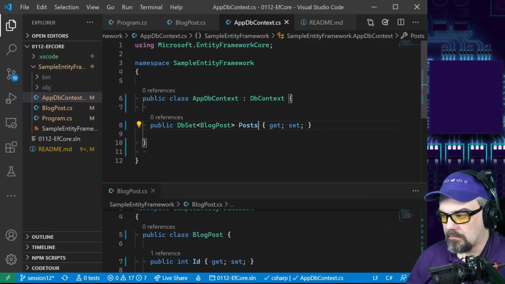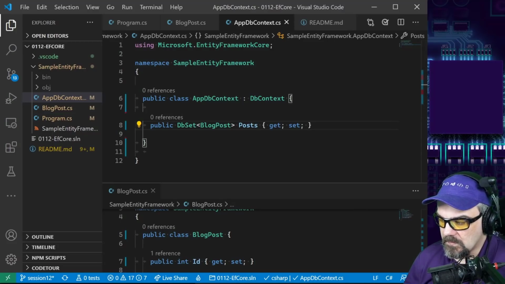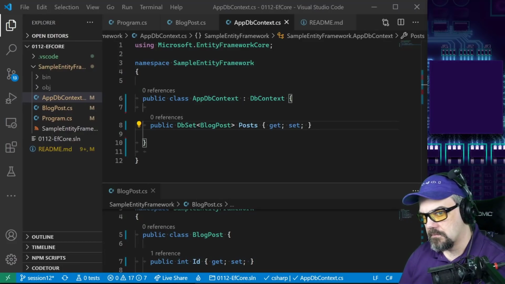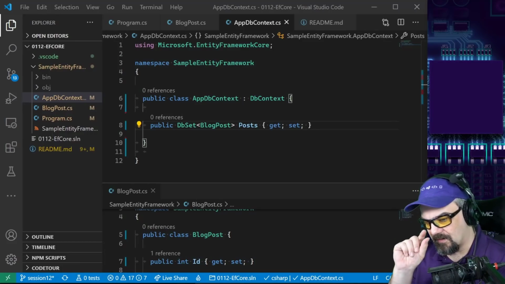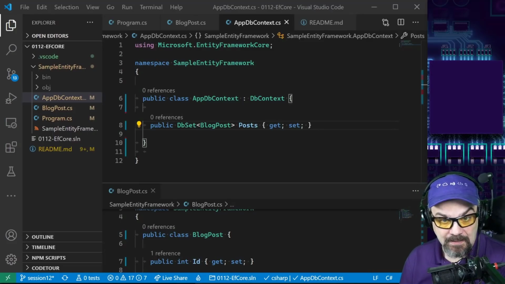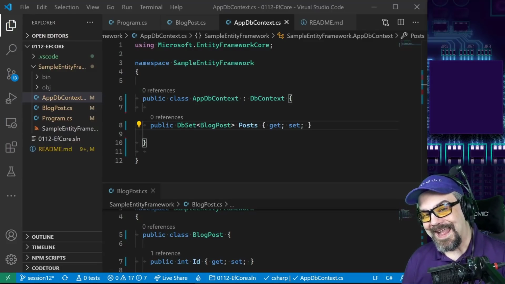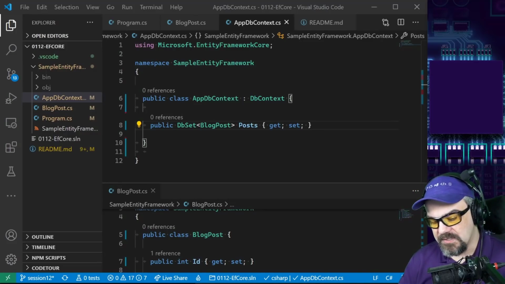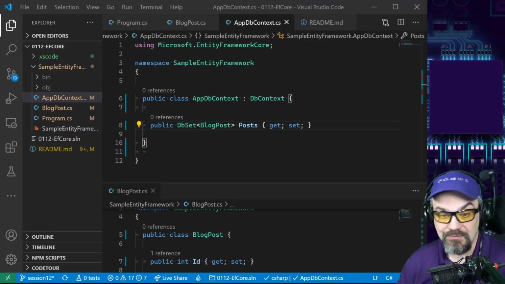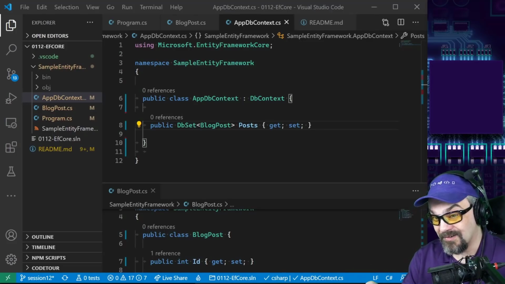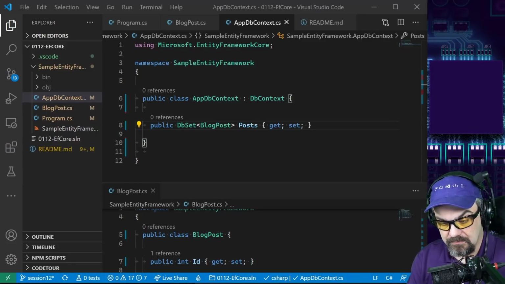Okay, so I've got this set up, so that gets me almost to being able to write the database. I need to tell Entity Framework Core how to write to the database, how to interact with the database. Where is it located, right? You've seen this probably in other frameworks. There's a connection string that will instruct the framework, here's where to go, and here's the database provider type to interact with,